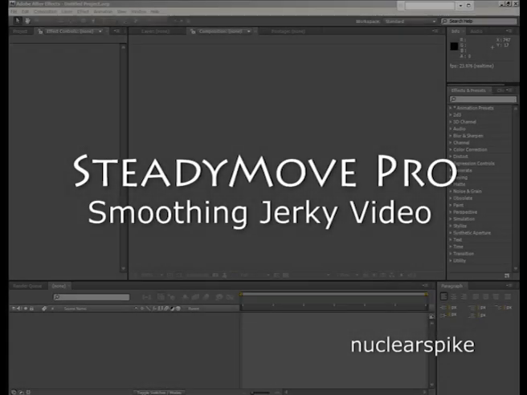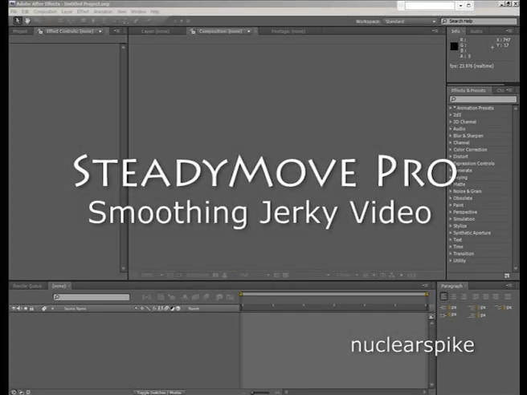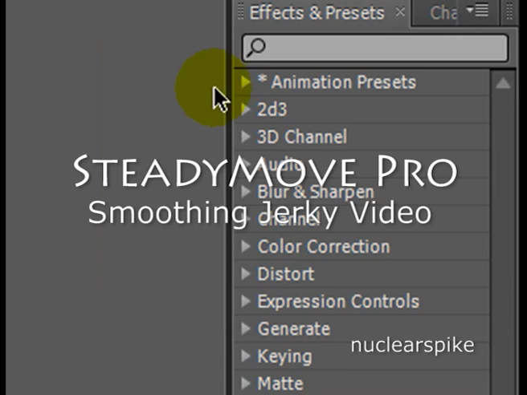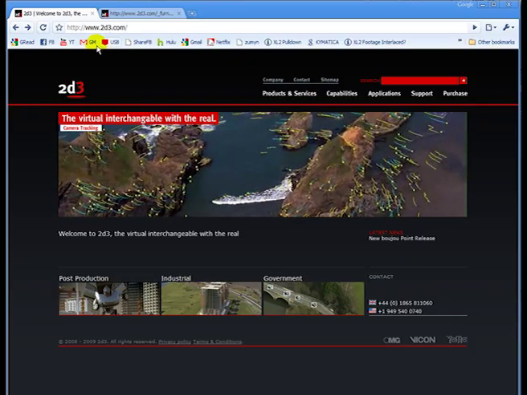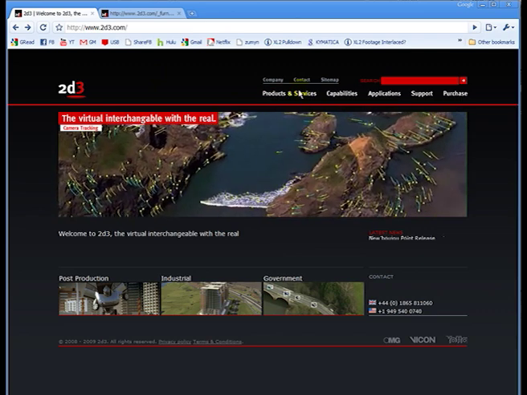This is my first tutorial. I wanted to show you 2D3's SteadyMove Pro plugin. First of all, let's go ahead and go to the site so I can show you some examples of what it can do. This is 2D3, makers of boujou. We'll go down to SteadyMove Pro,